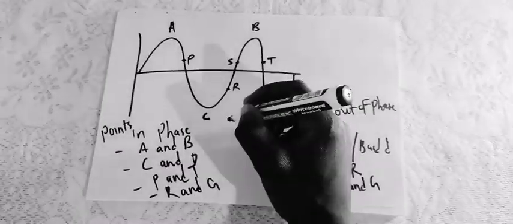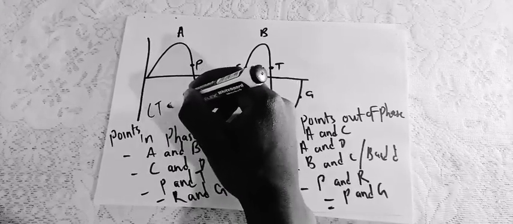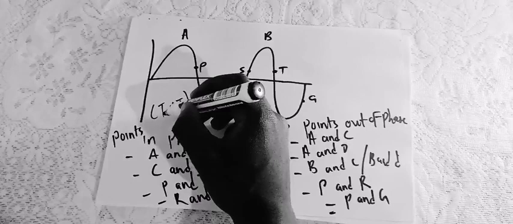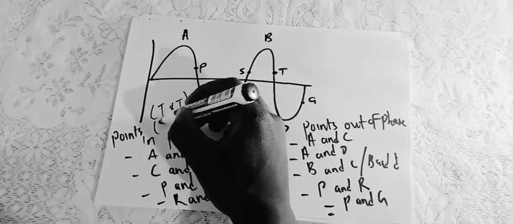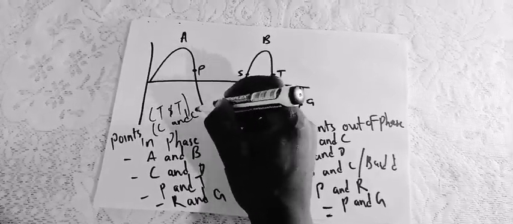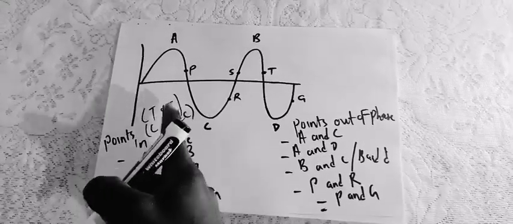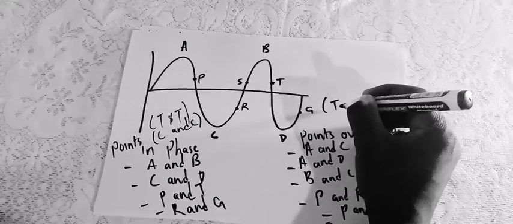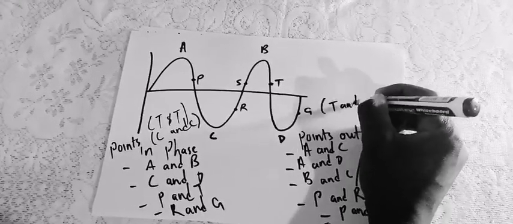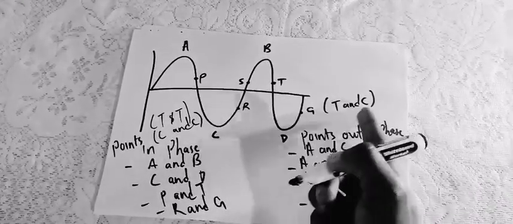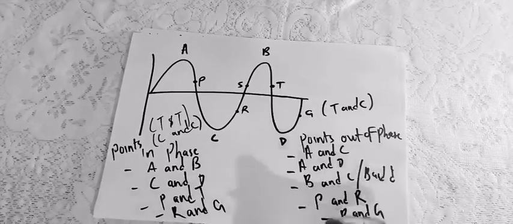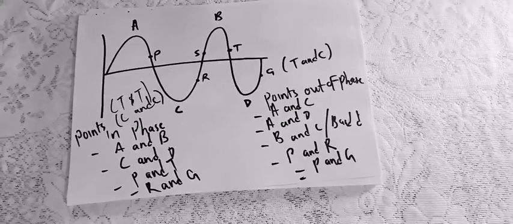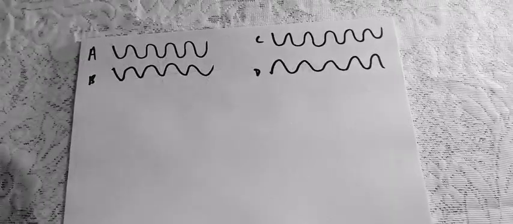So points that are in phase, we say it is a trough and a trough, they're in phase, or a crest and a crest, they are in phase. You get that? But now, points that are out of phase, it is a trough and a crest. T's and C's, not terms and conditions, but troughs and crests, they are out of phase. Okay, now we have